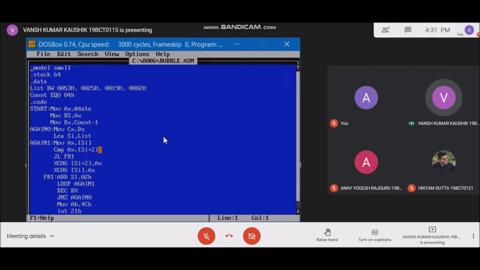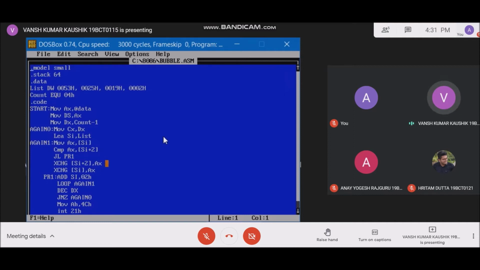After comparison, if AX is less than the memory value, it jumps to the PR1 label, which means that we don't swap values by following the next two commands. But in our case, as 53 is greater than 25, we have to swap these values using the following two commands.